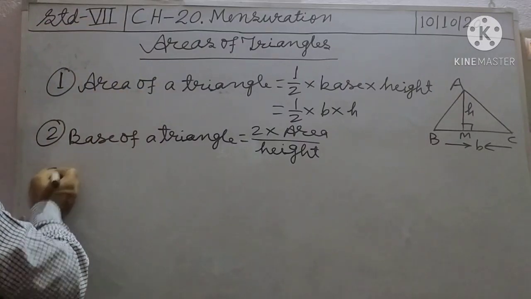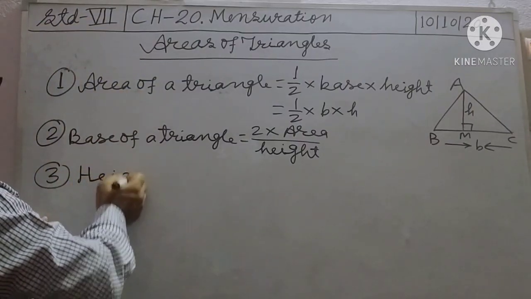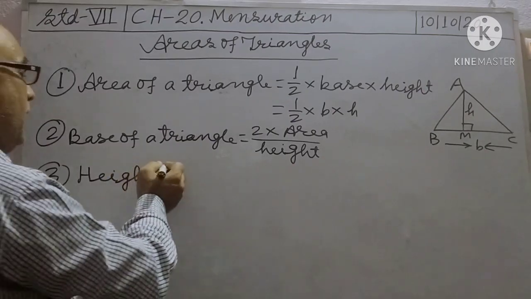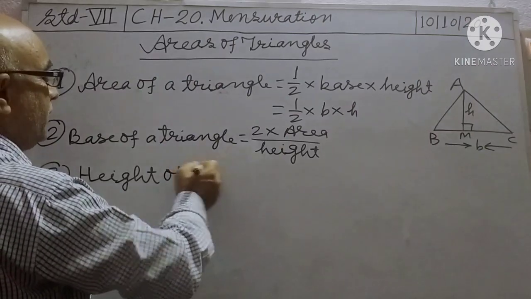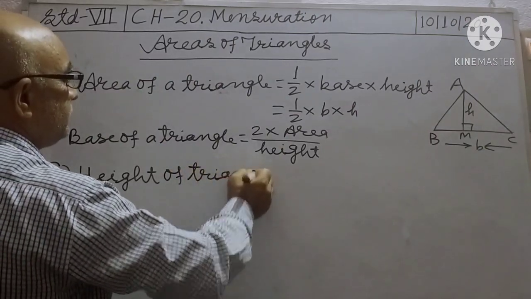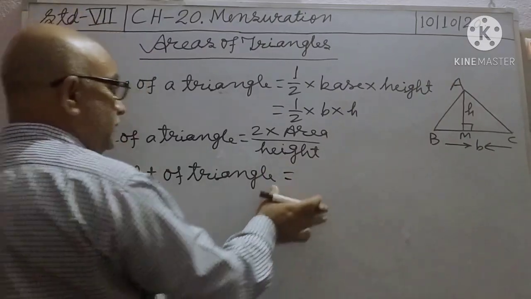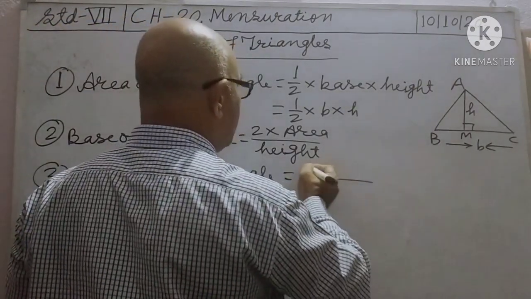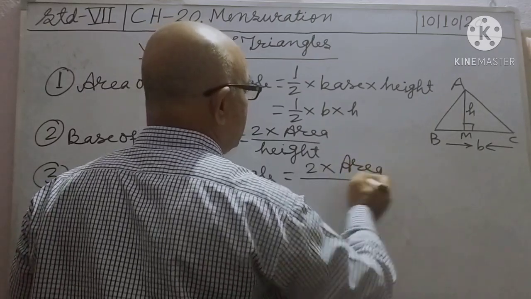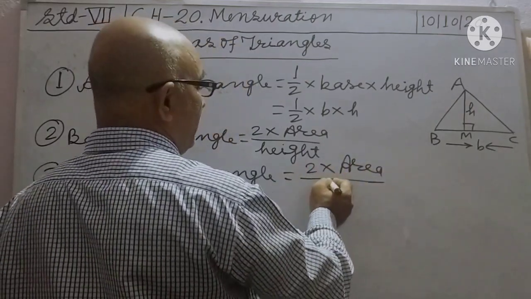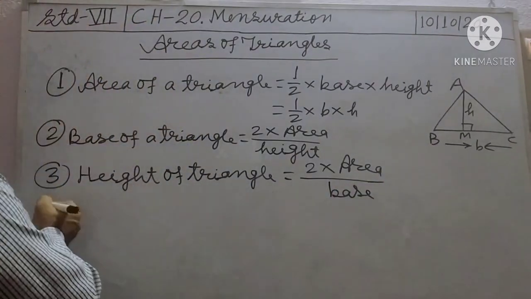And third formula is height of a triangle. Height of a triangle equal to 2 into area by base. And fourth formula is